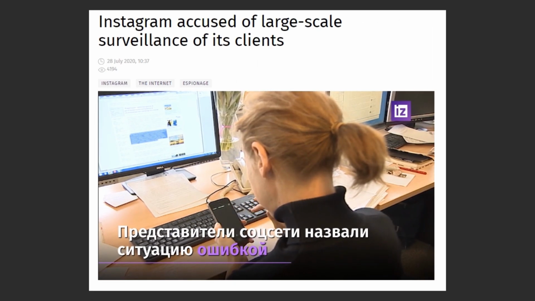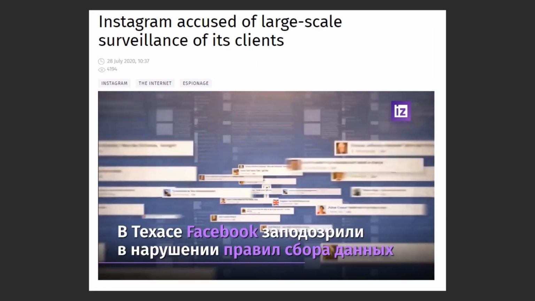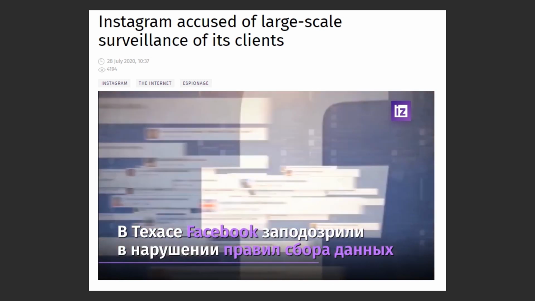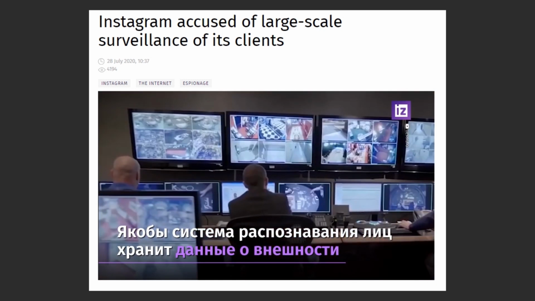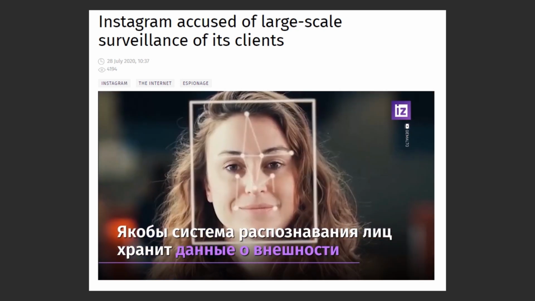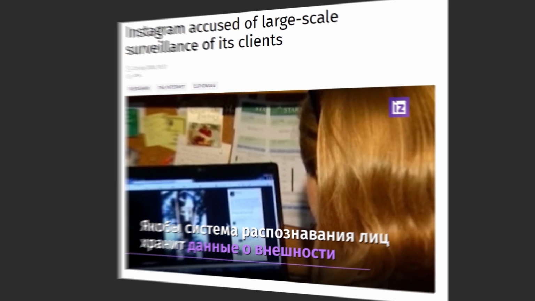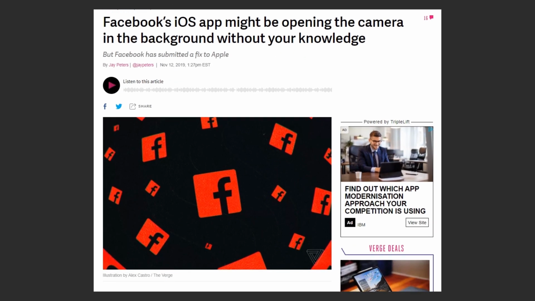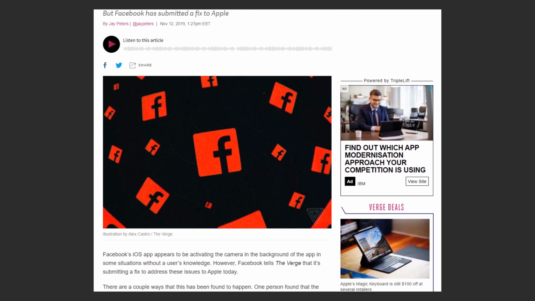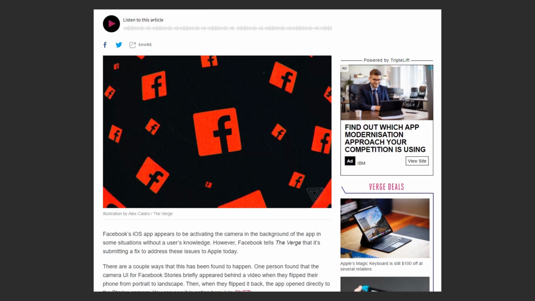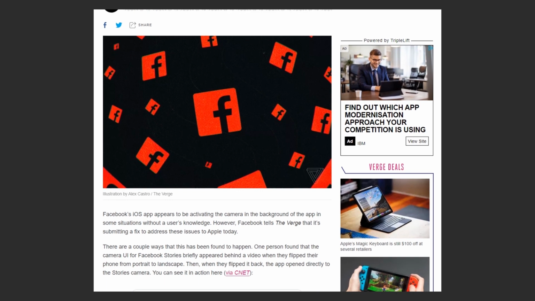Some users in the comments said that they actually recorded automatic access to their cameras by Instagram as early as a year before. This only provoked a new wave of accusations of illegal spying against Instagram. Similar accusations were made against Facebook back in November 2019. It was reported that the app's developers fixed a bug in the iOS version of the app that automatically opens a user's camera without consent.